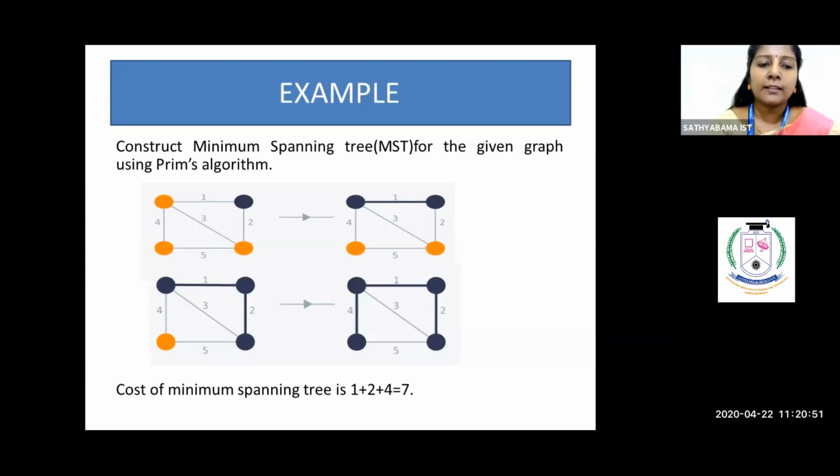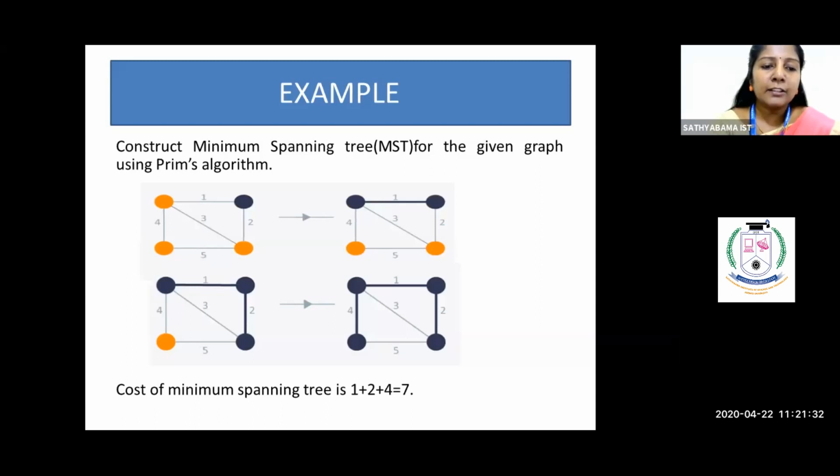Now let us see what are the adjacent edges we have. The adjacent edges are 3, 4 and 5. Which is the minimum edge here? 3 is the minimum. Suppose you try to join the third edge, what will happen? It forms a cyclic graph. So you must ignore it. Discard the third edge. I repeat, after joining edge 1 and 2, the remaining adjacent edges are 3, 4 and 5. Among them, 3 is the minimum one. If we choose 3, it forms a cyclic graph. So you should avoid that. So ignore the 3.